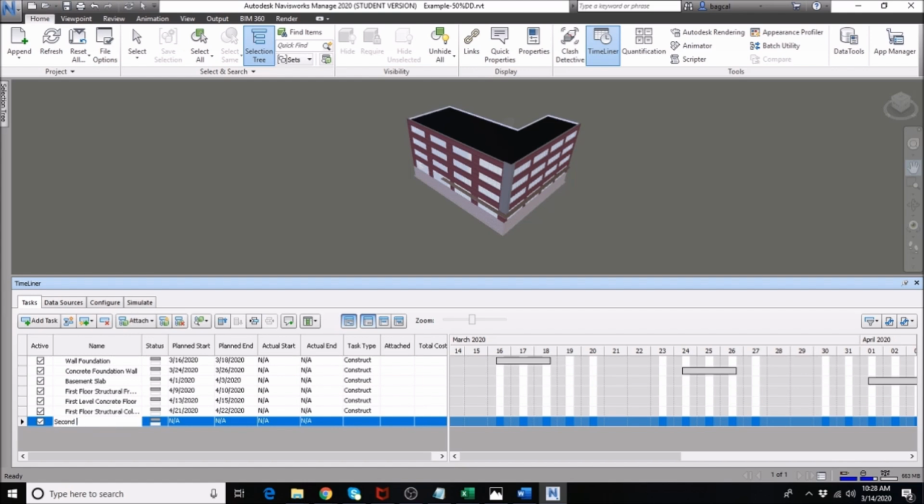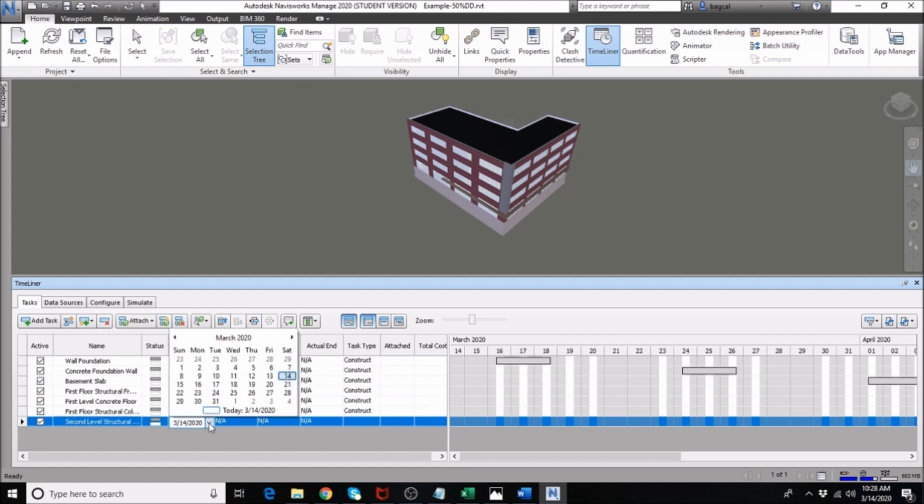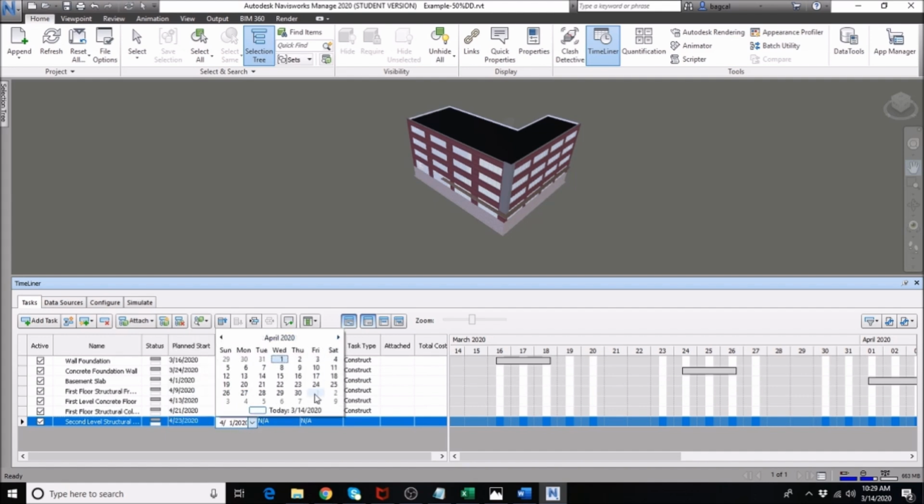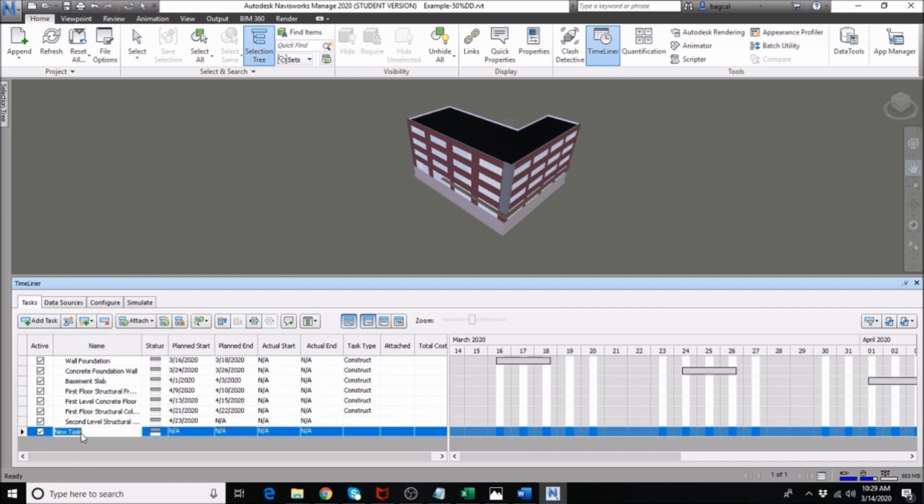And then add again another task, and that is the second level structural framing. That is the joists and the beams, and then we should be able to follow the column, and this one is another 2 days. The column ends on April the 22nd, so we should be able to do the 23rd and the 24th of April. Alright, one more, and that is the second level structural column,